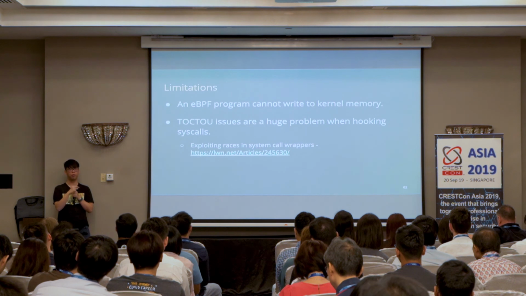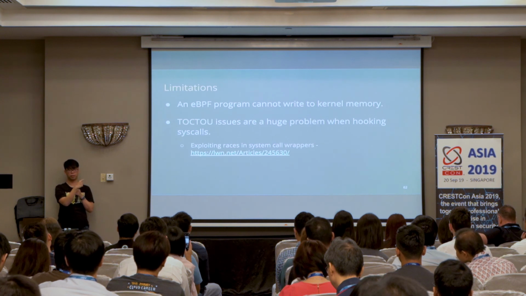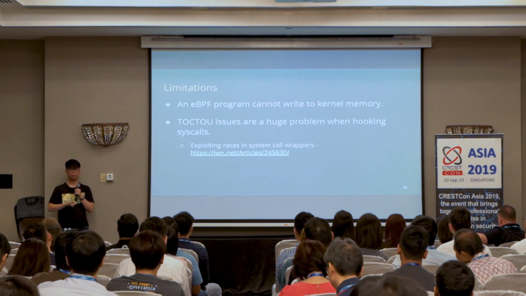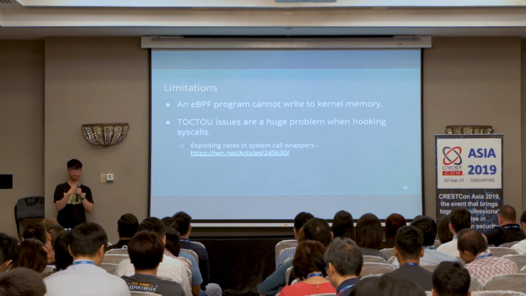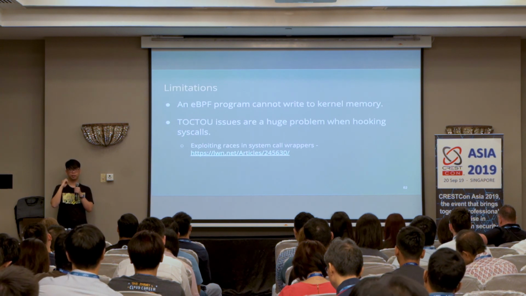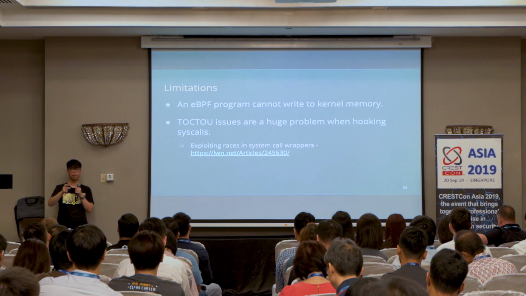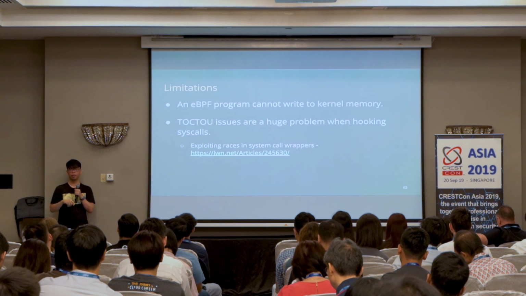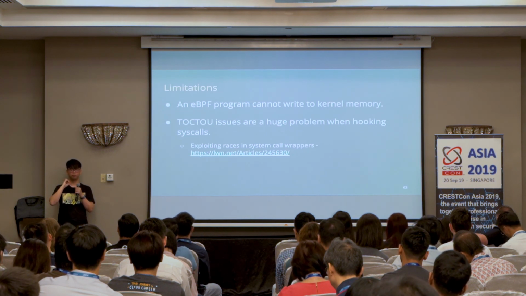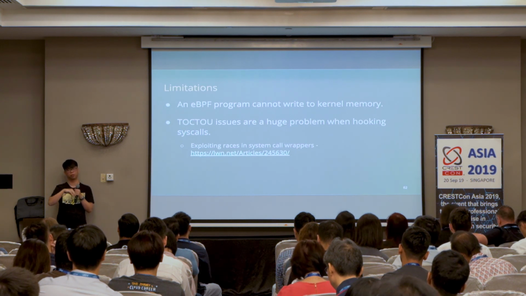This is a very well-known problem when writing Linux kernel drivers. So there's an LWN article, I believe, from 2008, and you have the same problem today. Because a syscall is a boundary between user space and kernel, and user space memory can change. So if you are tracing the syscall at the very entry to the kernel, that function pointer will be pointing to a memory that can be changed by any user space program. So you might have race conditions where at one point of your eBPF program, you assume it's pointing to a certain location, but at a later point of the execution, it's actually pointing somewhere else.